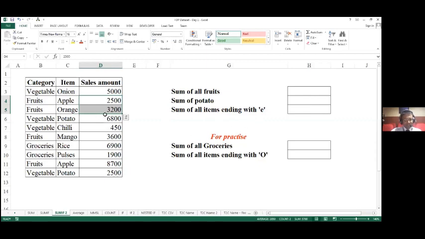Now, since this is a very small table, the easiest way is I could select the values individually like this, by clicking on the sales amounts corresponding to fruit. I'm just trying to find out the total, which is 18,000. Since my table in this case is very small, I have an option to do it manually.